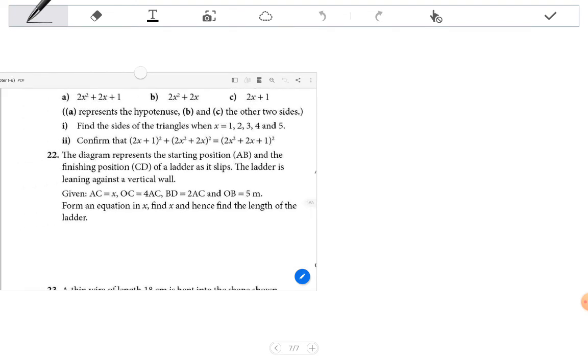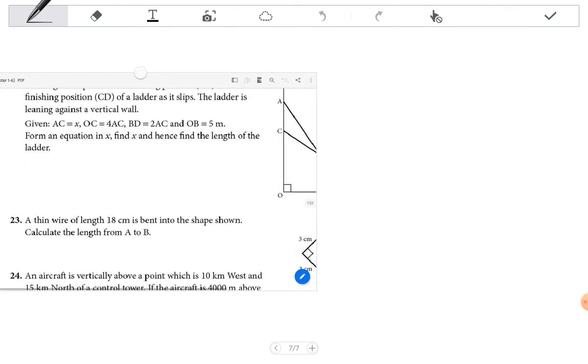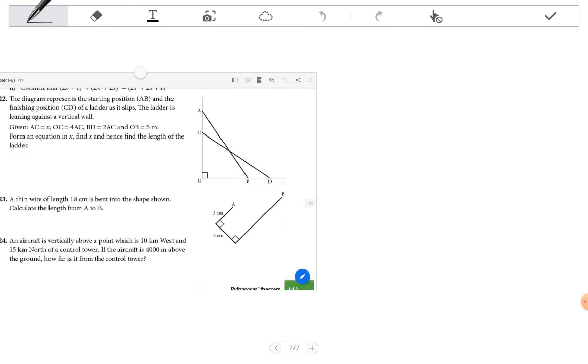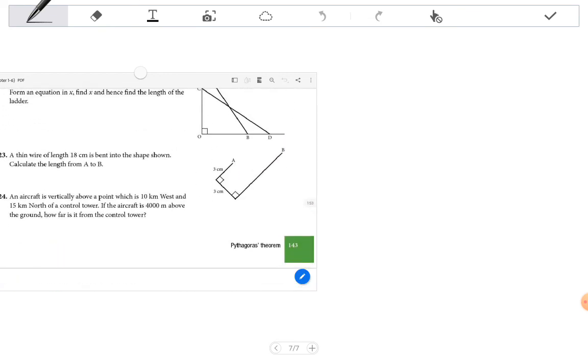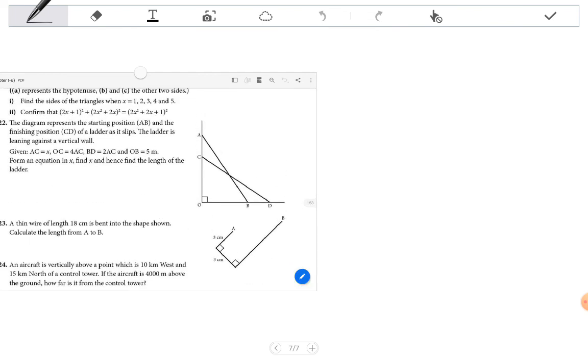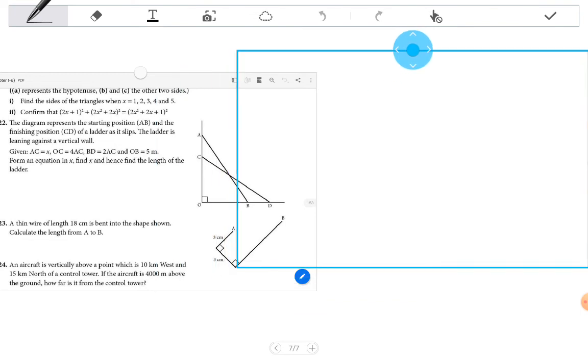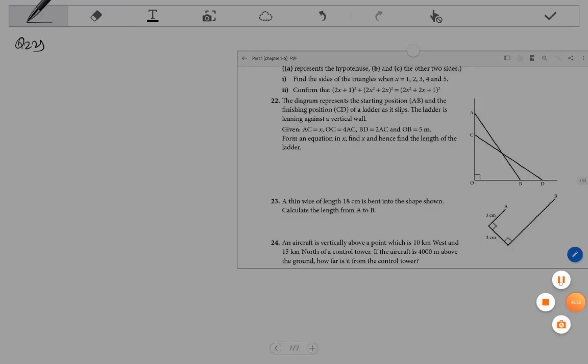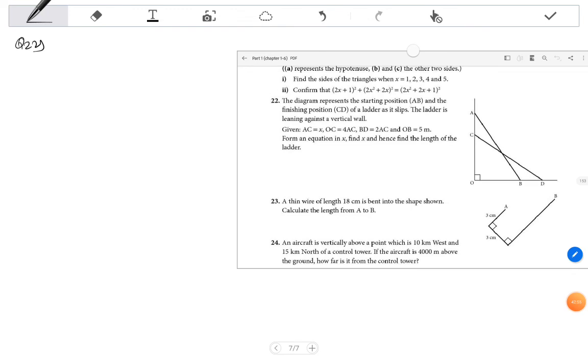Now come to question number 22. Okay, a couple of questions left. The diagram